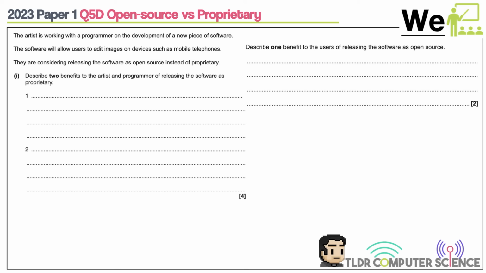Okay, so let's go through it. The software will allow users to edit images on devices such as mobile telephones. They are considering releasing their software as open source instead of proprietary. Describe two benefits to the artist and programmer of releasing the software as proprietary. Now, I said that